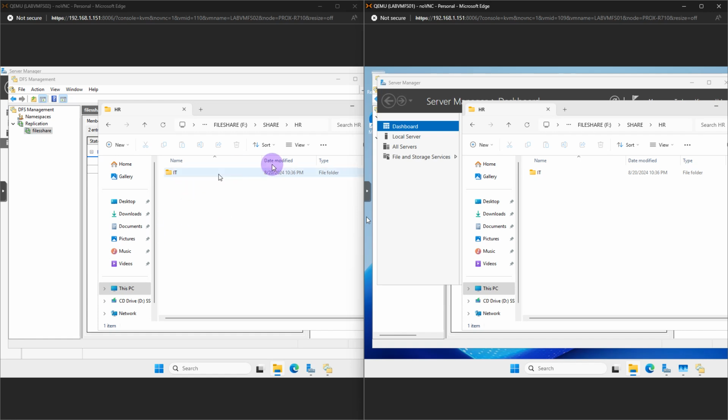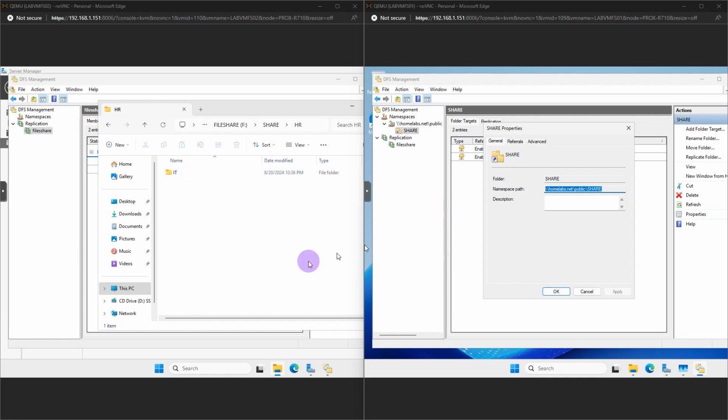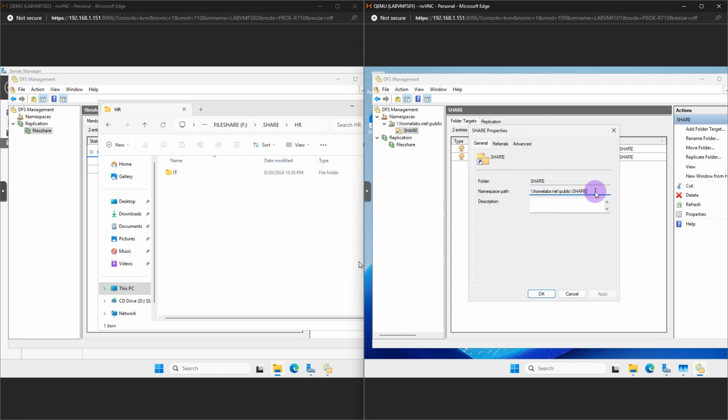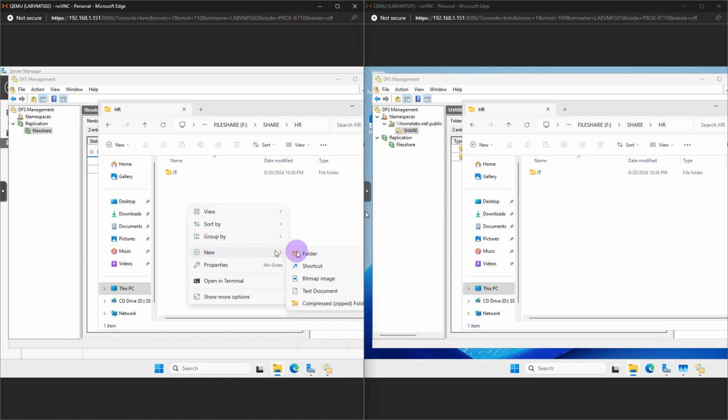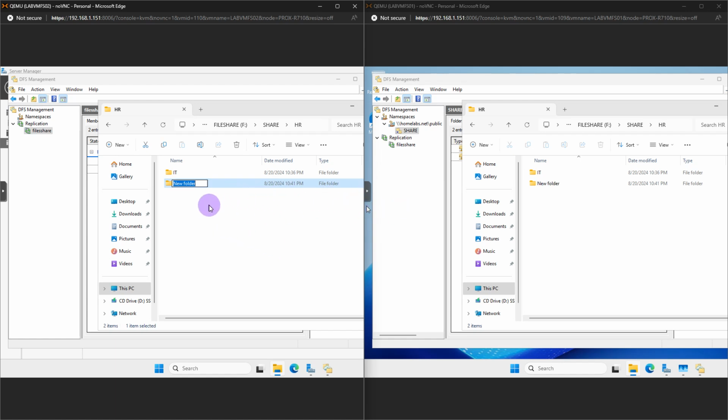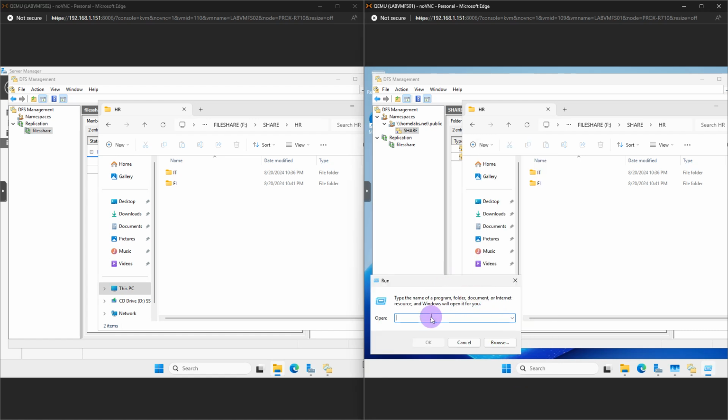So here you can see that the DFS is actually working between the two servers. So wrapping up, this will be the share path that you'll need if you're going to push this out to your users. But as you can see between the two, no matter where you create a folder, if you do it on one side, it should replicate back the other way. So if we did a finance folder over there, no matter where it's created, the file structure shows up. And if we did the namespace itself, like we had earlier,